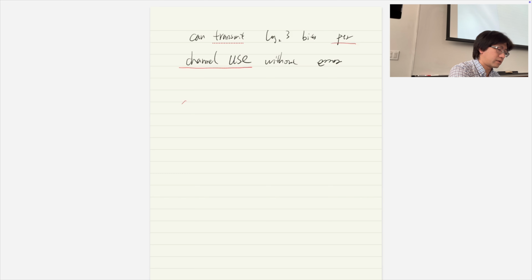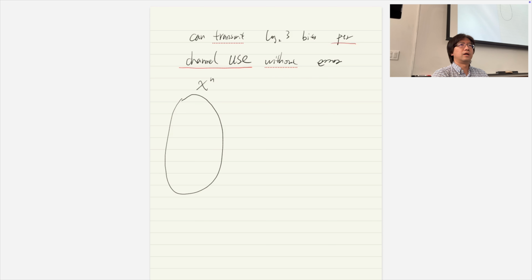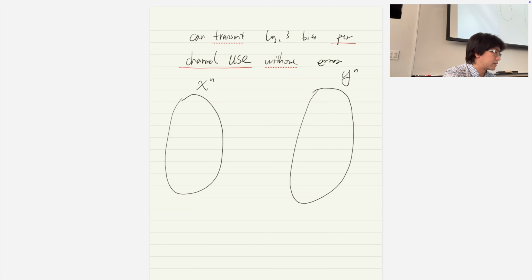Let's say this is our codebook, x^n. When we transmit that, we're going to receive a y^n. So this is our received codebook, and our code word is inside. Every point here represents a code word, for example. And when we receive some symbol y^n here,